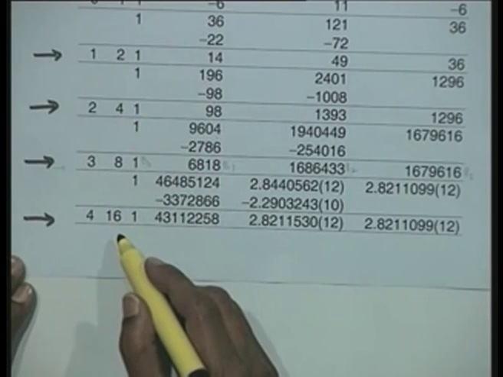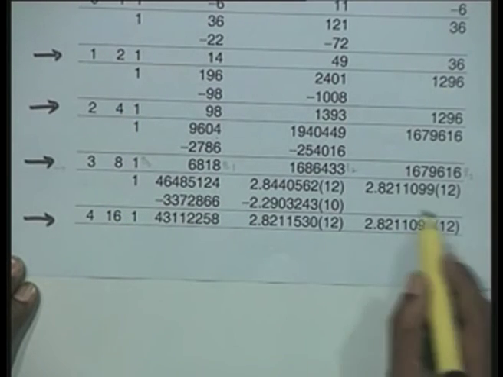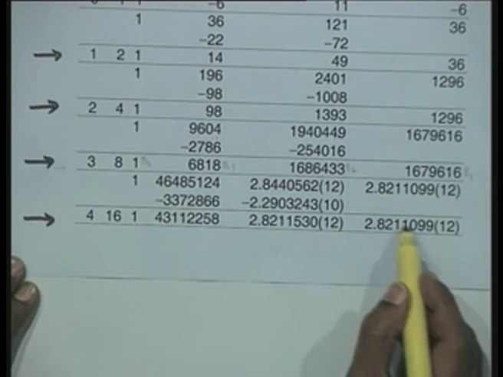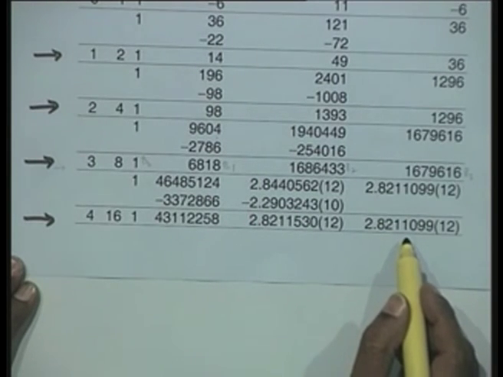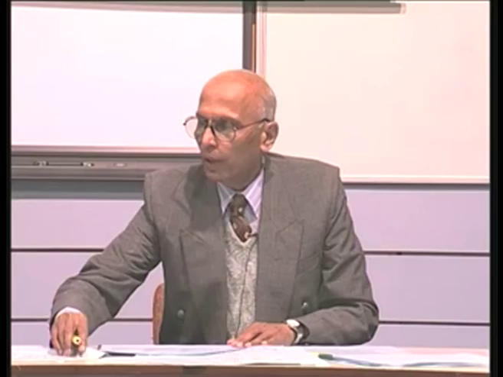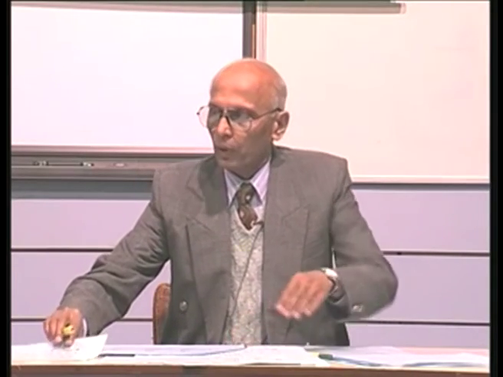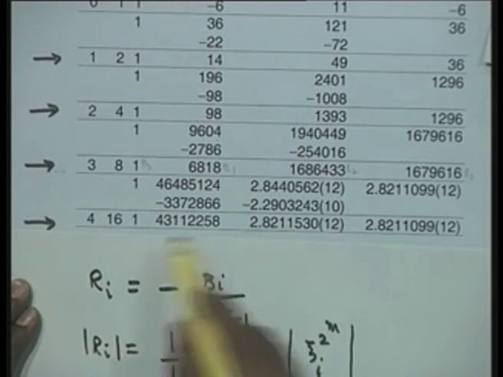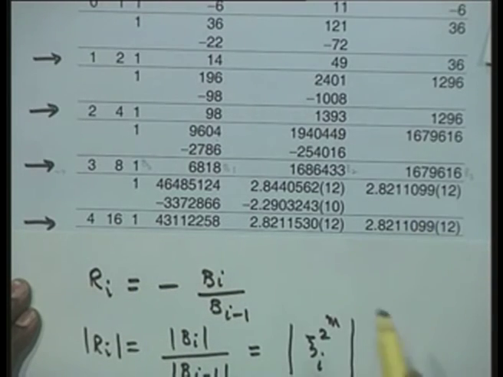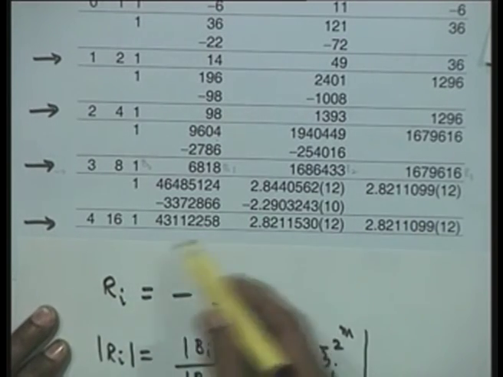Now you can see, as I was saying, as we go through this number of squarings, these numbers are going to be enormously large and they get separated very fast. Now what I would therefore require is the formula that we had written over here. So I then use this particular formula straight away on these coefficients. This is my B0, B1, B2, B3. So I would now take the required ratios and then take the